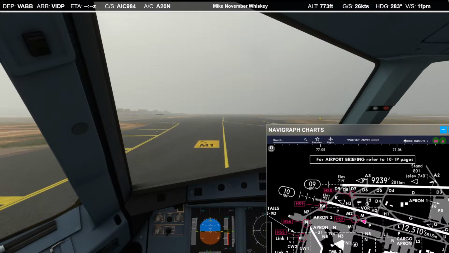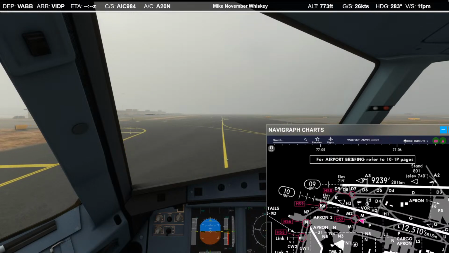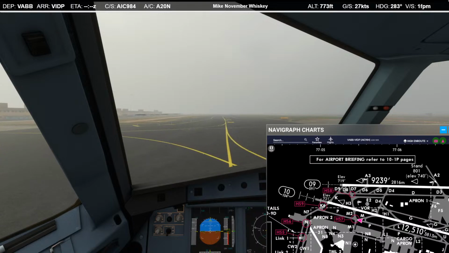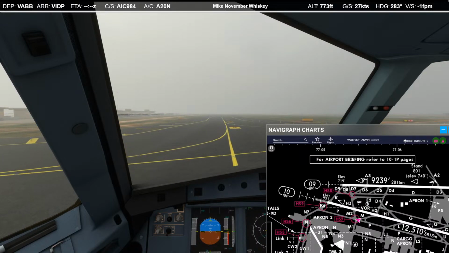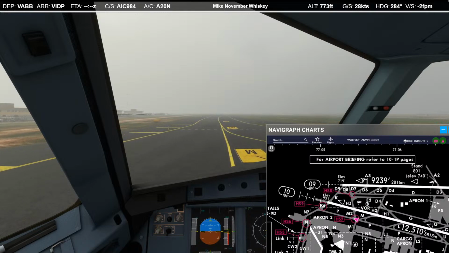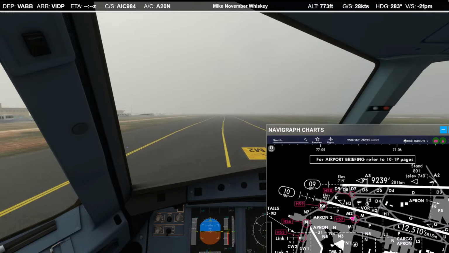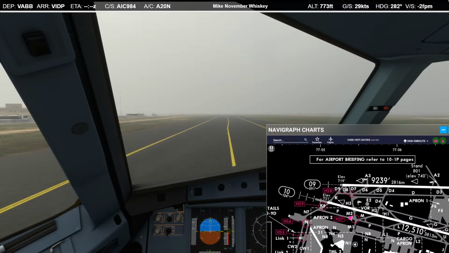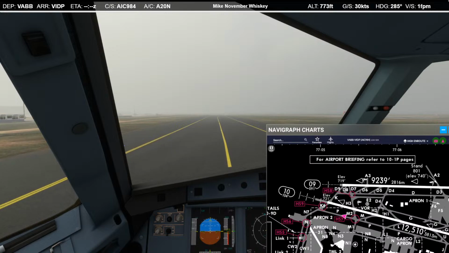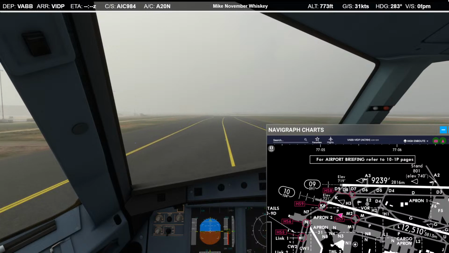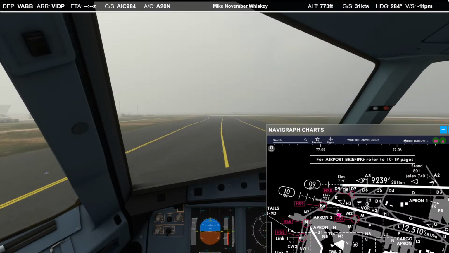But we'll get a better look at the terminal when we get closer. Slow it down a bit.